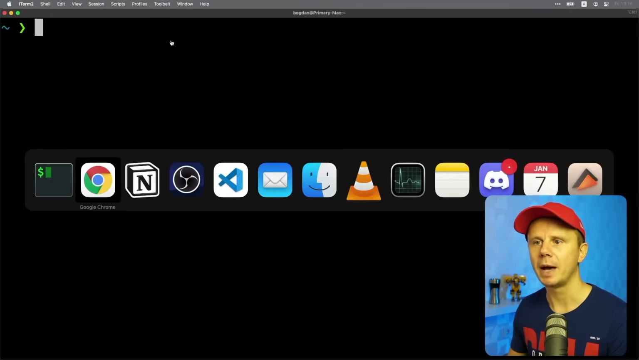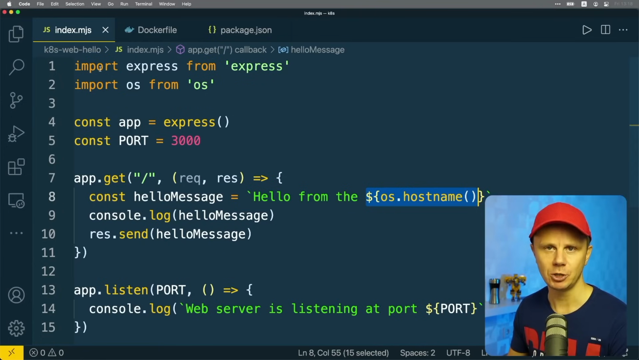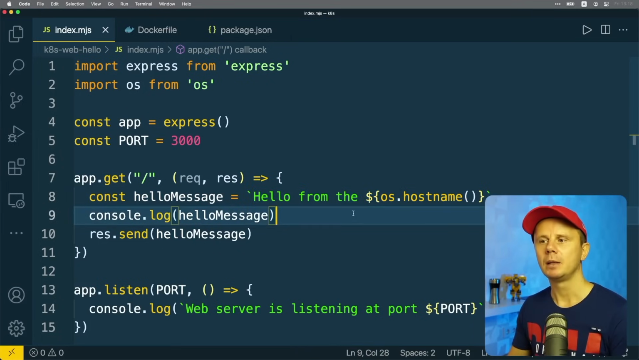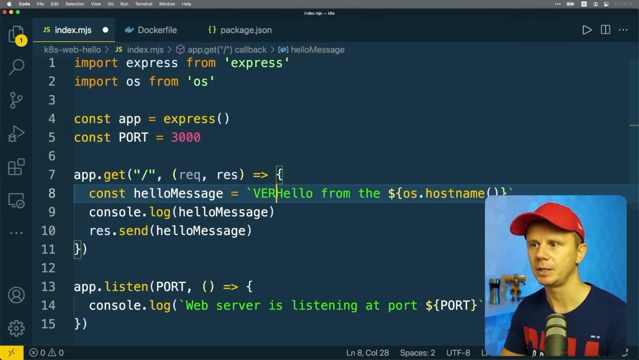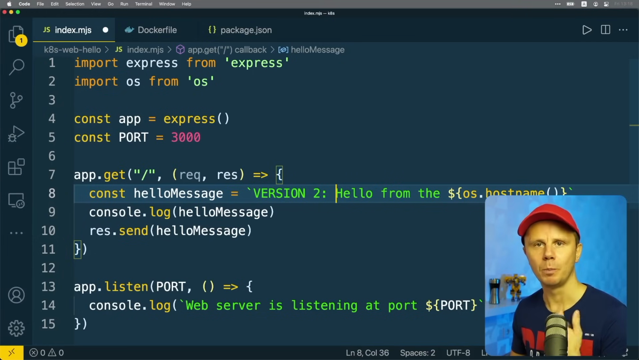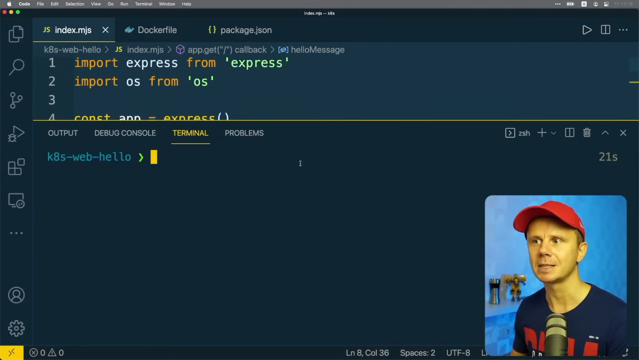So let's go back to Visual Studio Code, and here are the contents of the index.mjs file. And we already have an image available for this version of the application, where the server answers us with such a string. Now, let's modify this string. For instance, let's add a prefix here, version 2, like that. And let's now build a new image with a new tag, push it to Docker Hub, and afterwards modify the image in our deployment. Let's save changes in this file, open up the embedded terminal,